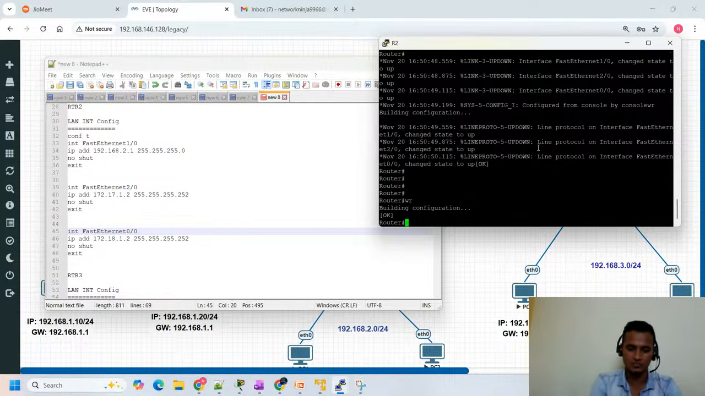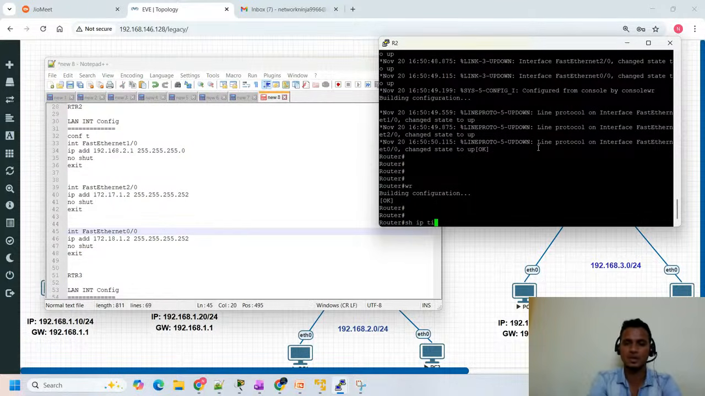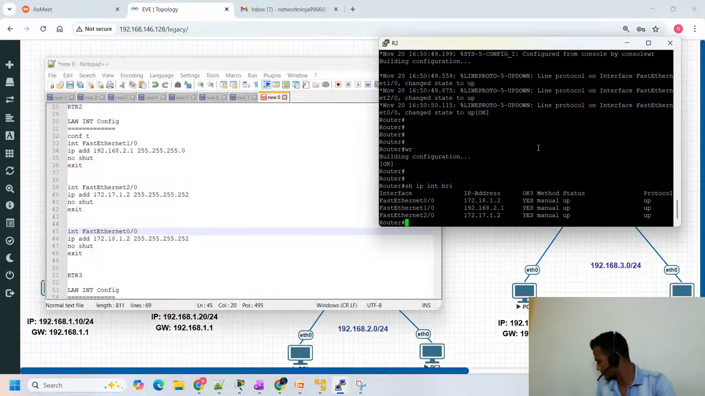If you check now, all the interfaces will have IP addresses. Show IP INT brief. So in show IP INT brief,